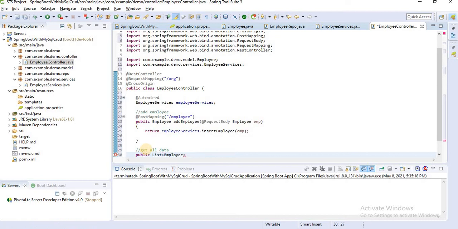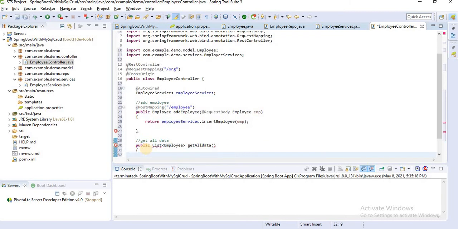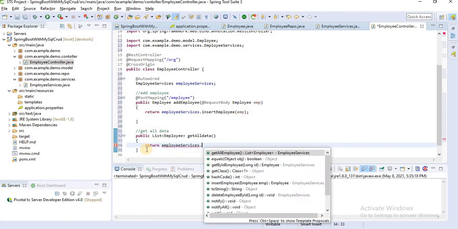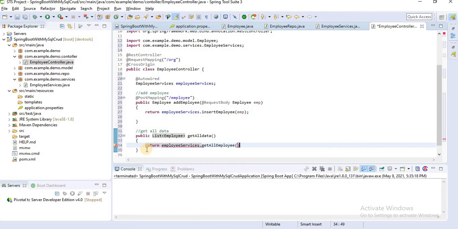Here, get all data. You can give any method name, don't worry about that. Let's import the package. Then we have to return a list of data. Return, we use employeeService.getAllEmployee.